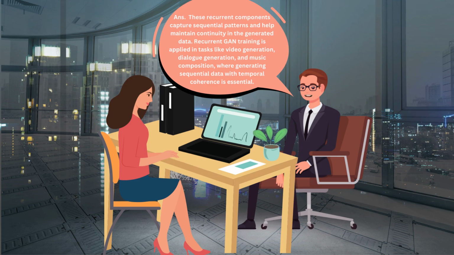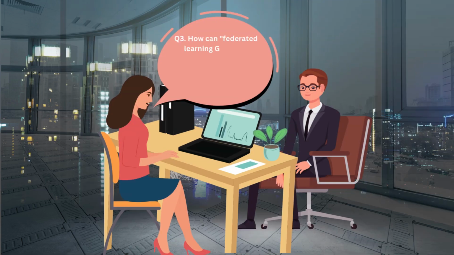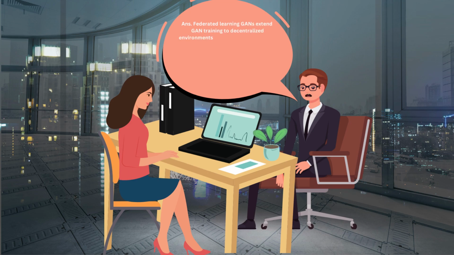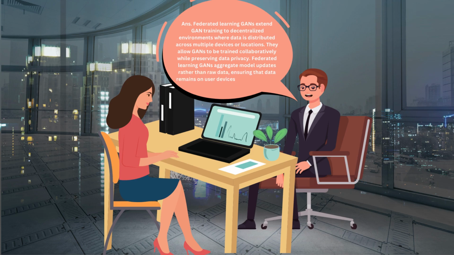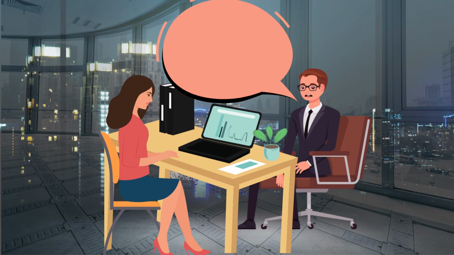temporal coherence is essential. How can federated learning GANs be employed for collaborative data generation across decentralized devices while preserving data privacy? Federated learning GANs extend GAN training to decentralized environments where data is distributed across multiple devices or locations. They allow GANs to be trained collaboratively while preserving data privacy. Federated learning GANs aggregate model updates rather than raw data, ensuring that data remains on user devices and reducing the risk of data leakage. This approach is valuable for privacy-preserving data generation tasks, such as generating personalized recommendations without centralizing